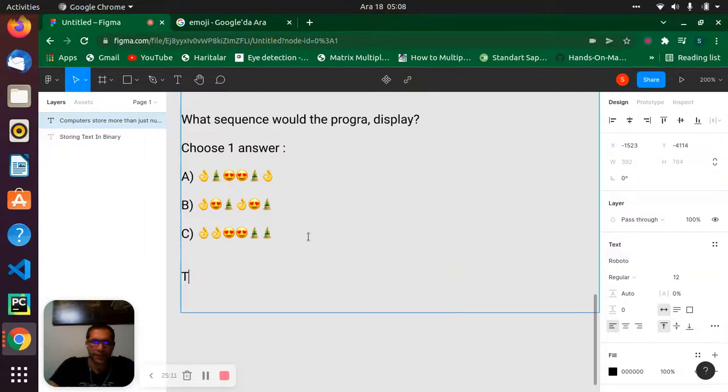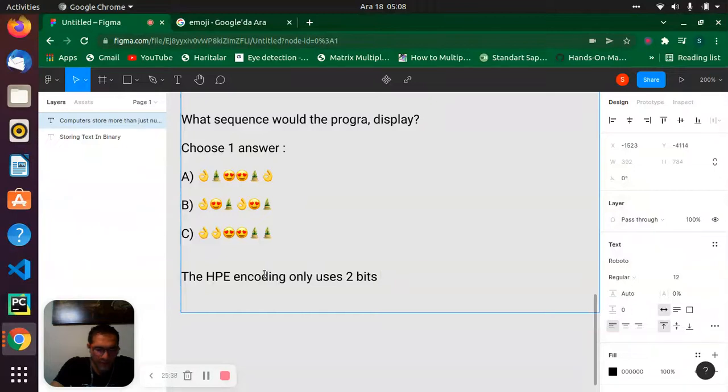Let's close this place. Let's say the HPA encoding only uses 2 bits, right? We know we have 0, 1, 1, 0 like that. 2 bits.